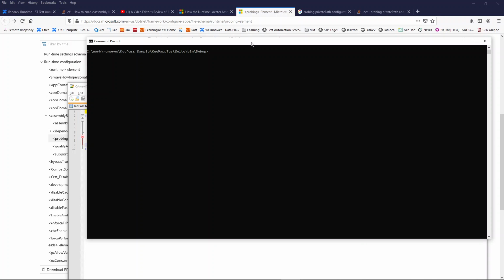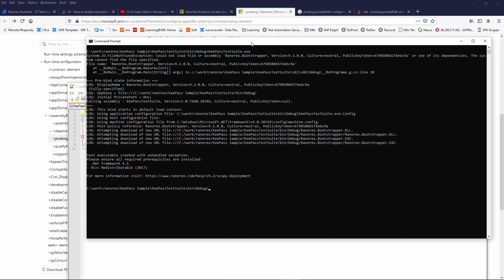So in the last video, we saw how to enable the fusion log to have more details on the problem of binding. We saw that the executable file is looking for an assembly, Ranorex Bootstrapper, and that it is trying in different directories to find these DLLs.